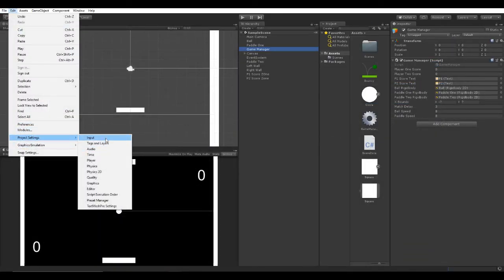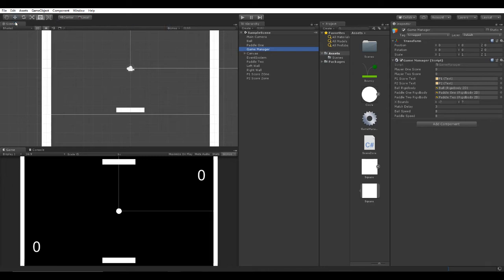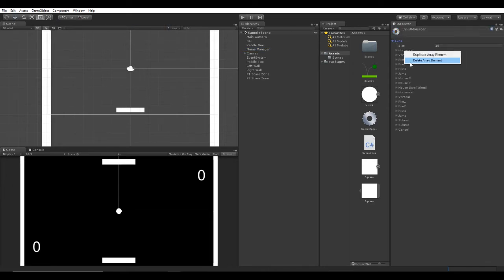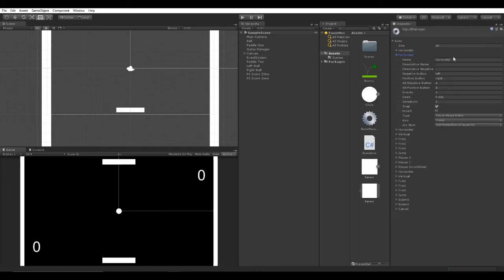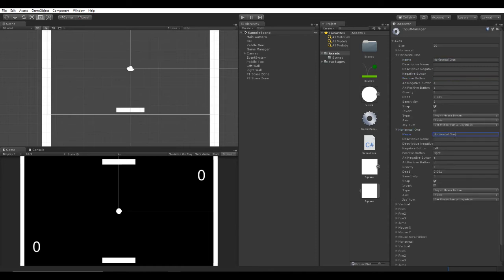But I make sure to actually define input axes. So do that by going to Edit, Project Settings, Input Manager, and just duplicate horizontal twice, make a horizontal 1, make a horizontal 2, increase the sensitivity and gravity so you have nice tight controls, because if you have low sensitivity and gravity, it takes forever to go back to 0, and that makes the controls very, very floaty, and that just feels bad. Left and right refer to the left and right arrow keys. The A and D are just obviously the A and D keys on your keyboard. There we go. Play, and now if I score,